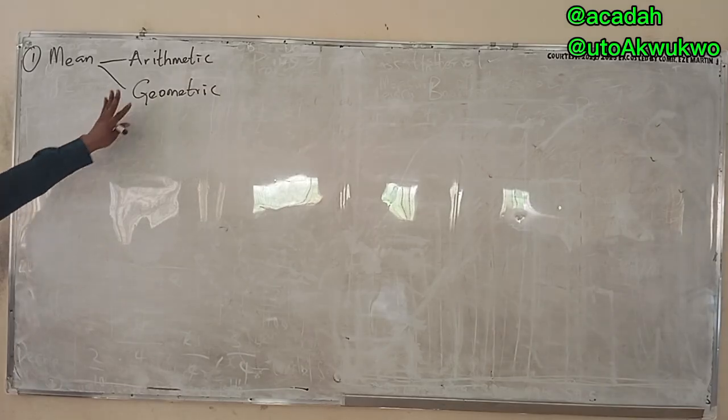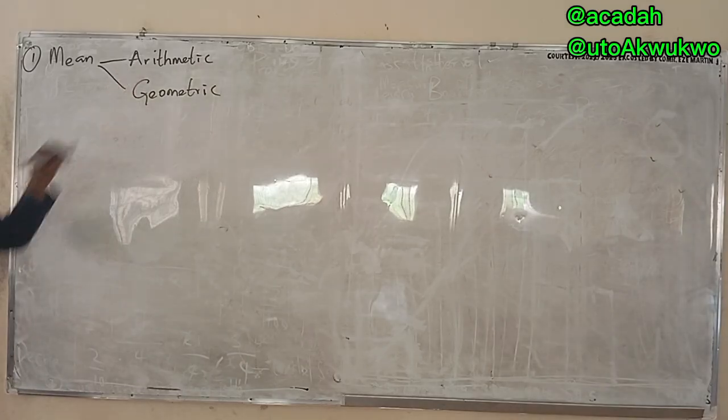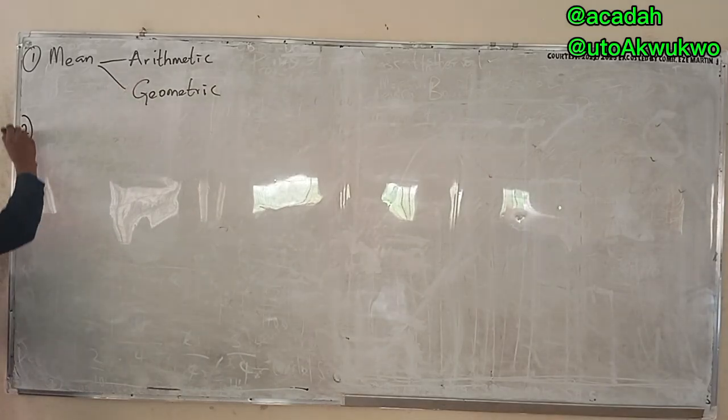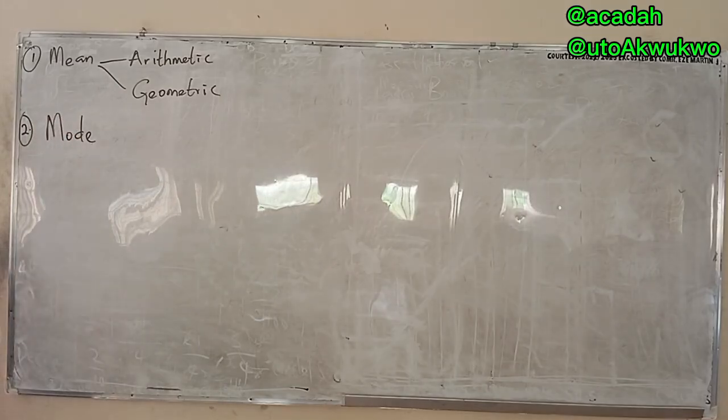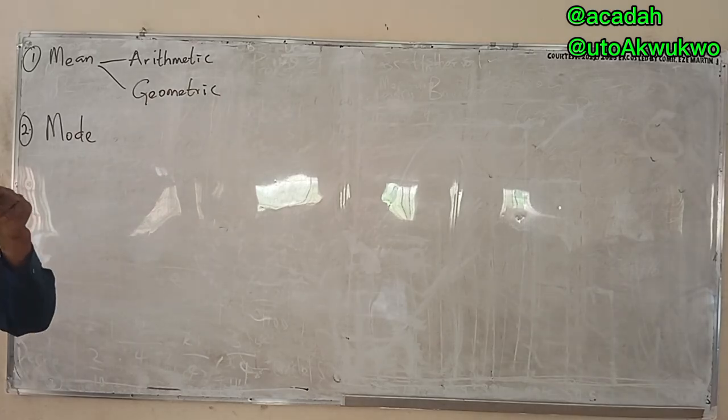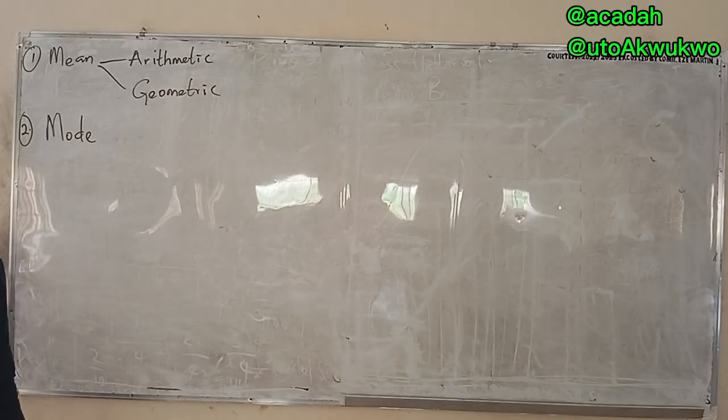If you come again under this measure of location, you come and see mode. We said that it's the class with the highest frequency. So if it's the class with the highest frequency, it simply means that when I draw a histogram or a chart for it, it's always at the dominating point. Once you look at it, it directs you to an axis that this is the key thing. So for measures of location, it's simply pointing you to a central point.